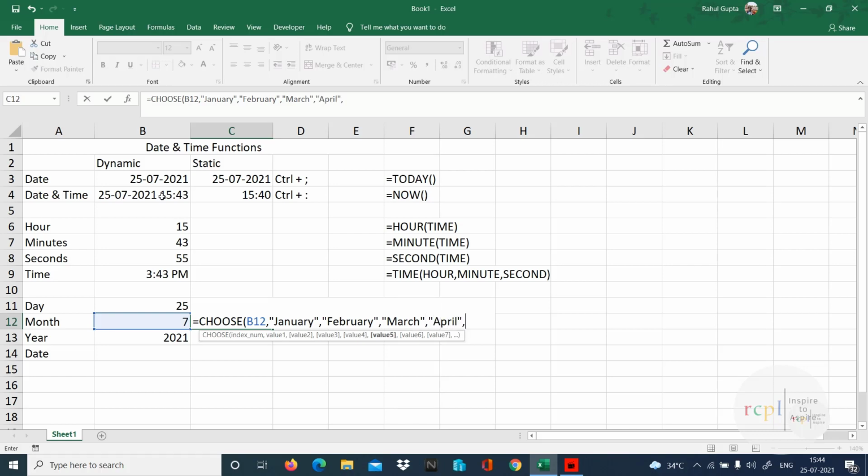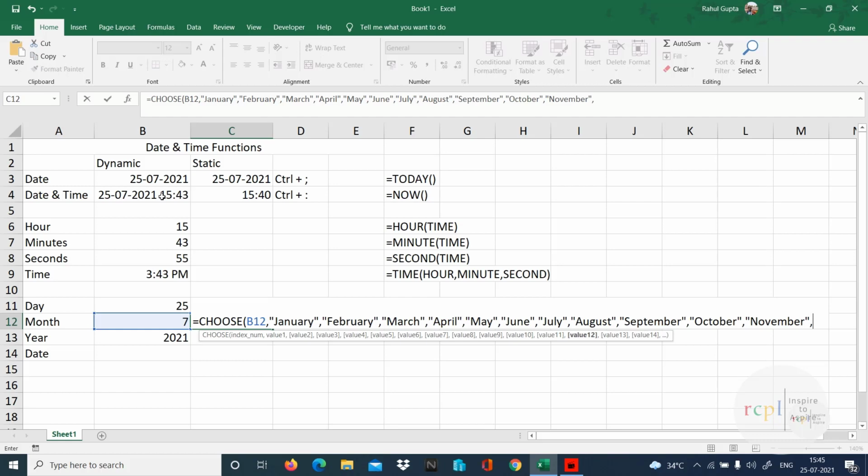If it is 5, give me May. If 6, June. If 7, July. If 8, August. 9, September. Then October, November and December.